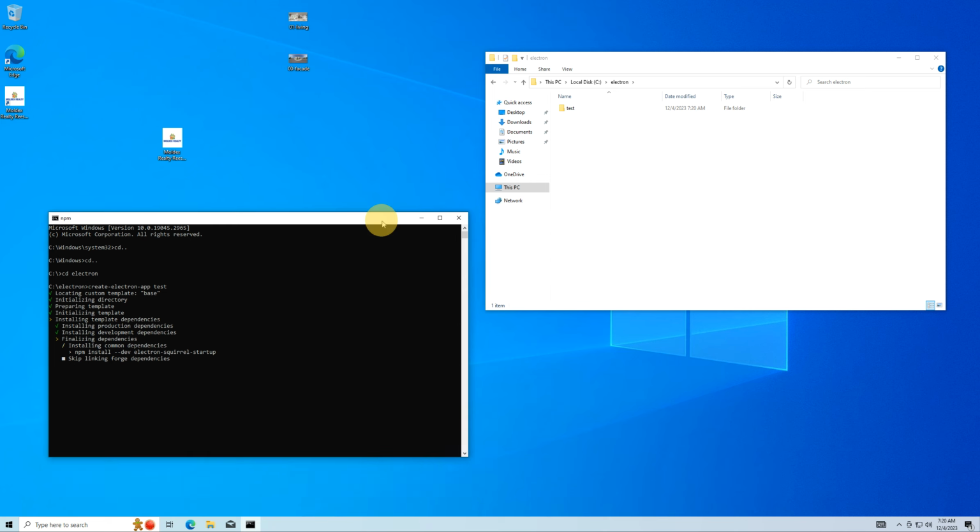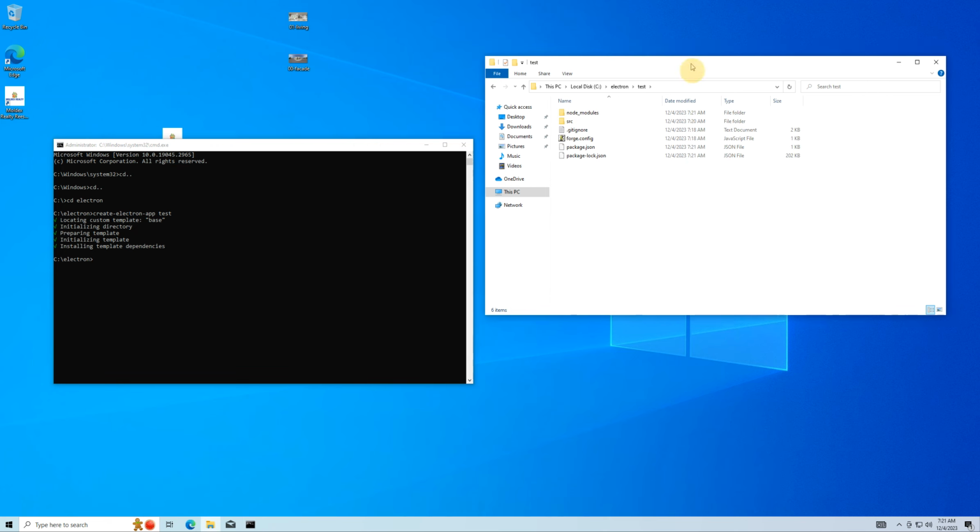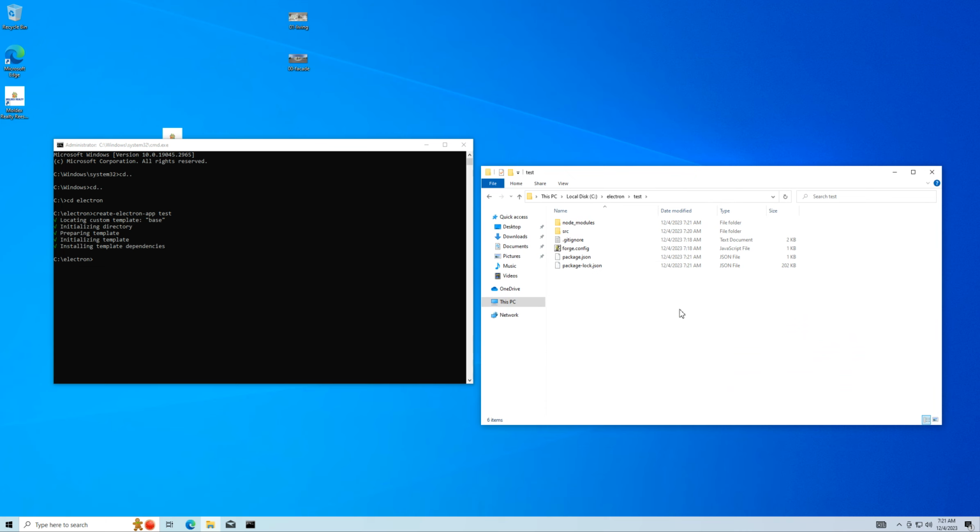Okay, we'll wait, and I'll resume when it's done. It's done, and when you look at the test folder, you'll see the files that have been generated. But first, you need to run something. Go to that folder that we just created, which is test, and then we need to run this